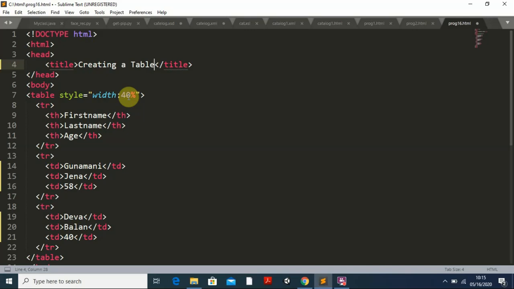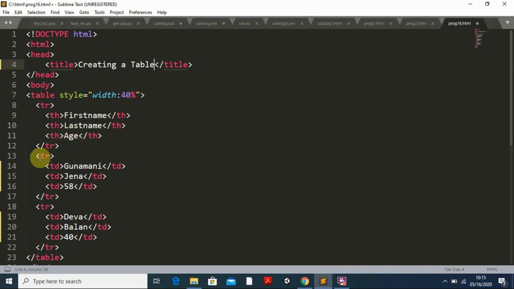Then under this table tag, I created one row, that is the tr, and here also the closing tag tr. That means I am creating one row. In this first row I am creating some heading. What is the table heading? It is just like the attribute names: the first name, the last name, age, all the things I am giving. This is one row of data created. What is the first cell? That is the first name. The second one is the last name. The third one is the age of this person.